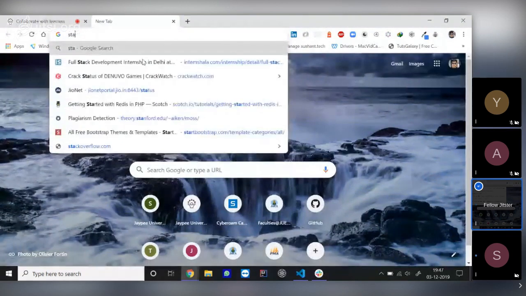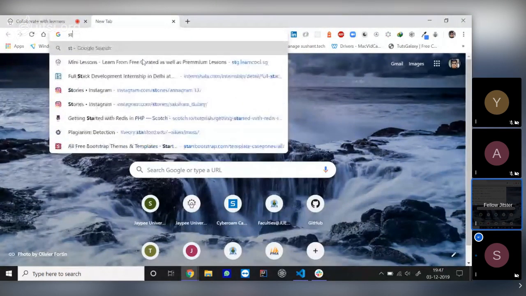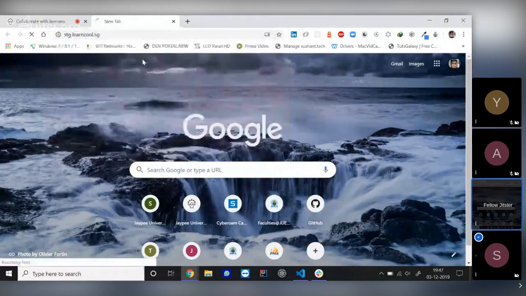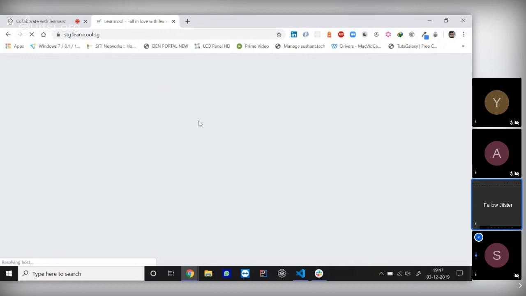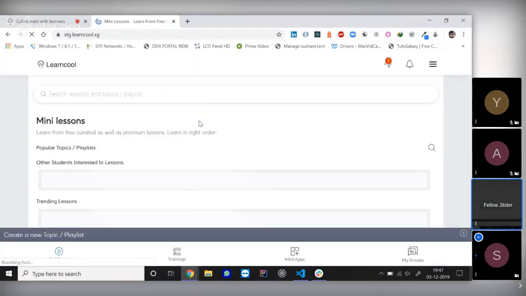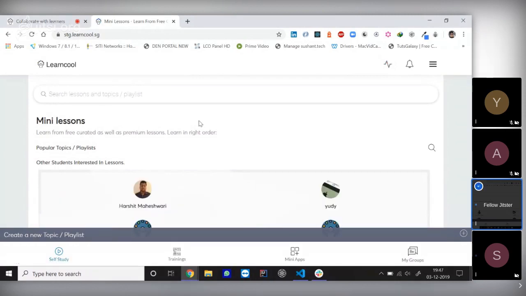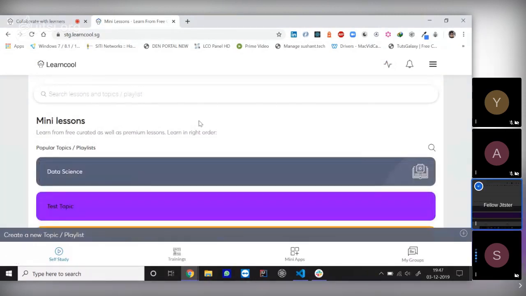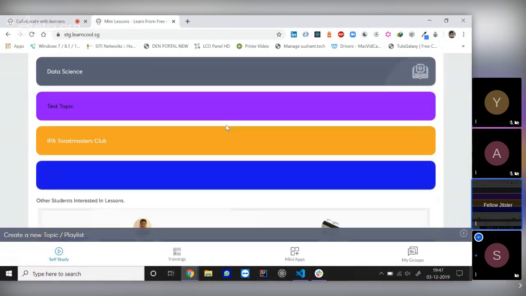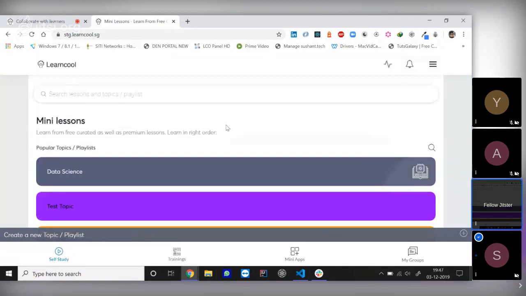stg.learnpool.sg. So whenever you do a commit to the staging branch in Bitbucket, it automatically deploys over here, right? So if you see the bottom, there is this button saying create a new topic or playlist, right? If you click on that,